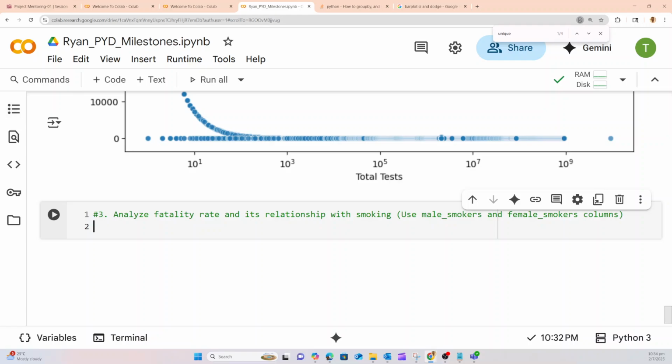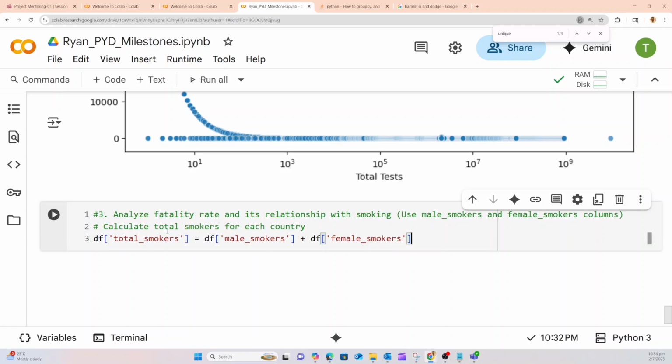So again we create the column, the smokers. Calculate total smokers for each country: DF total smokers equals DF male smokers plus female smokers. So add these two columns to get the total. And then we're going to group by country for the total smokers.